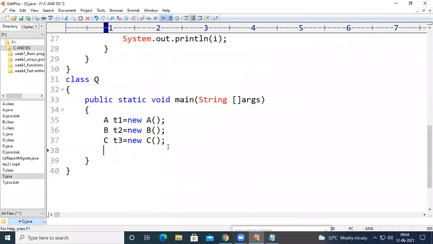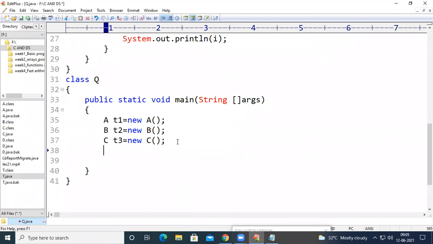In order to bring all the threads into new state, I am going to create an object for all these three classes. Now the threads T1, T2, and T3 are in the new state.